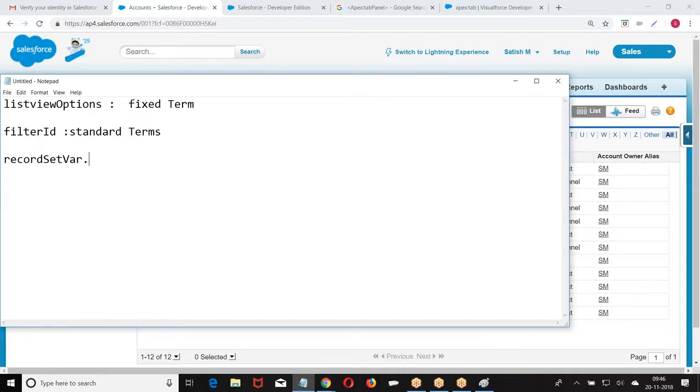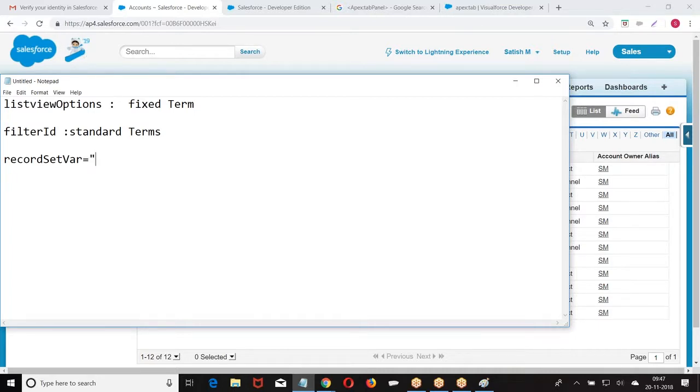That set of records is referred to using this variable. Those groups of records are stored in a variable called record set var.